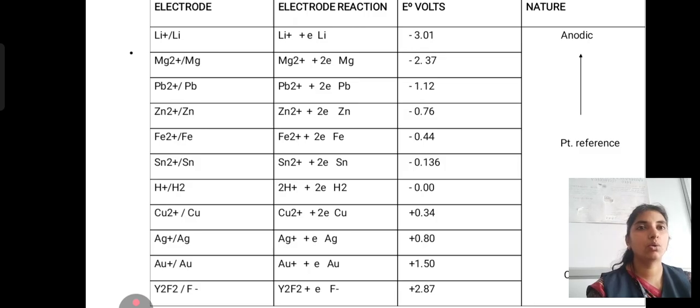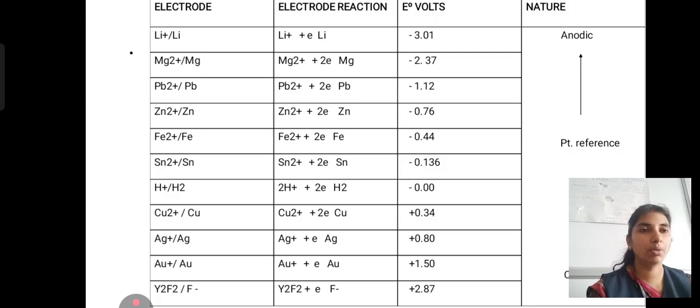The electrode reaction goes as Li plus e minus, which gives an E voltage of 3.01, which is anodic, and Mg2 plus by Mg gives Mg2 plus 2e minus Mg, with E0 volts of 2.37,